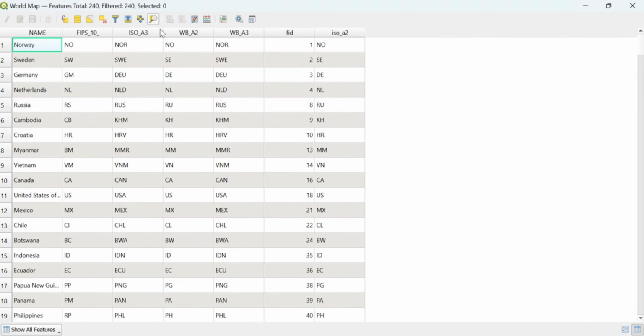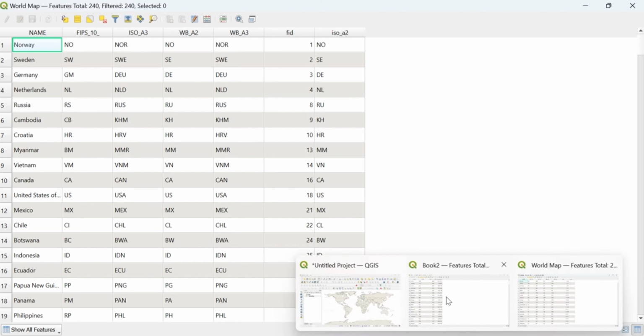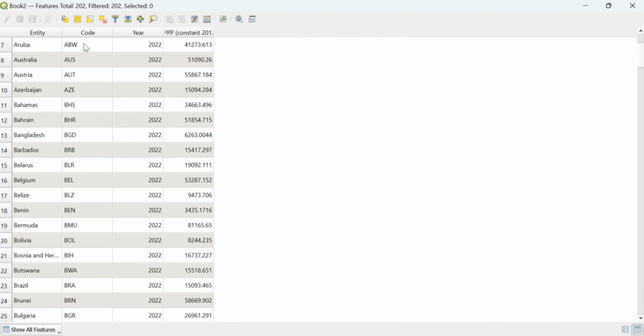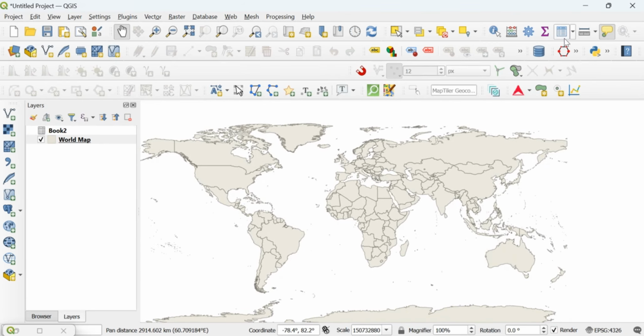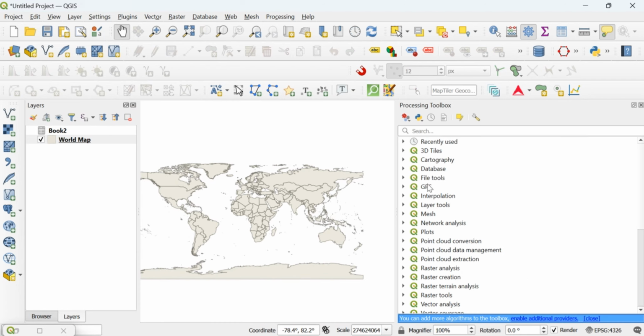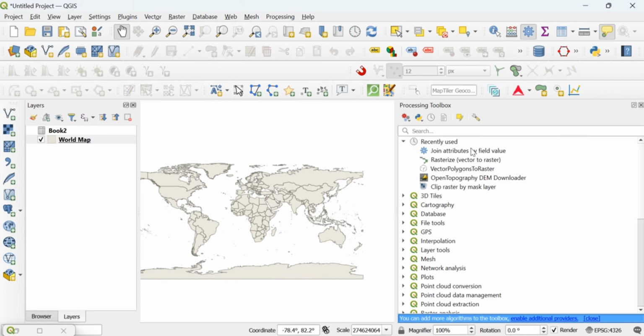The world data also has almost the same, but you could see that the ISO and WB83 seems to have the same info like we have for the code here. So what we need to do is to just perform a simple join, and you can use the join attribute by field value.